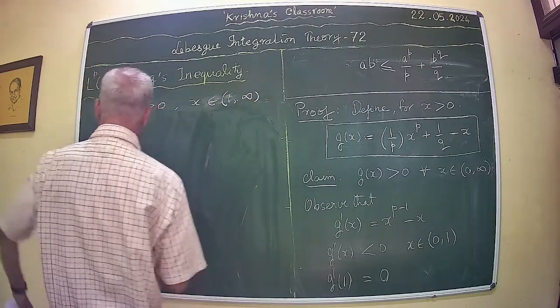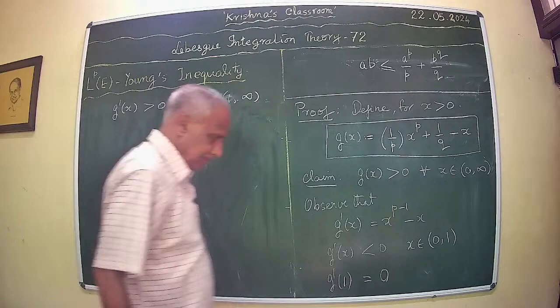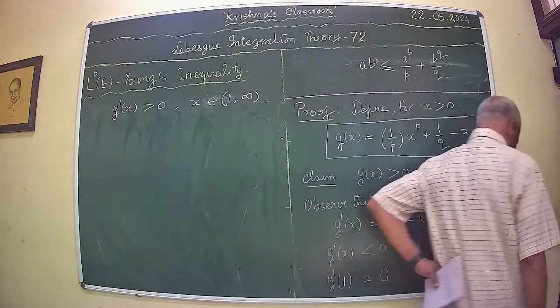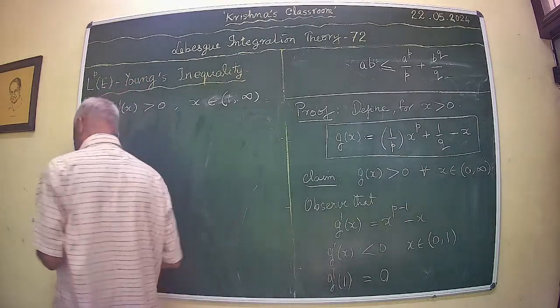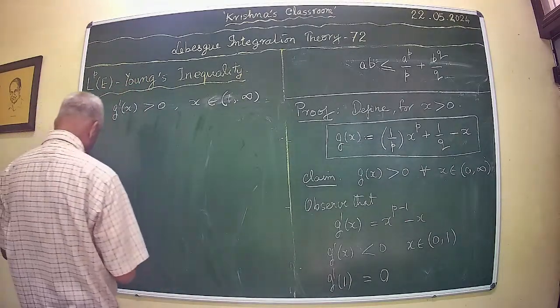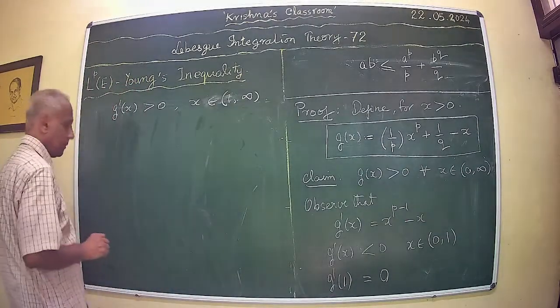So on the entire interval 0 to infinity, we have now looked at g derivative. Okay. Now you see that